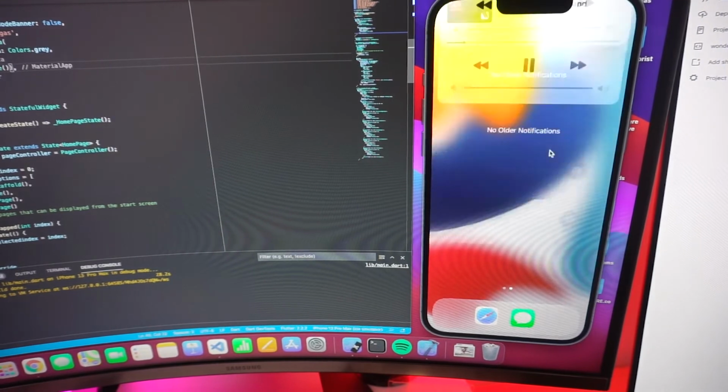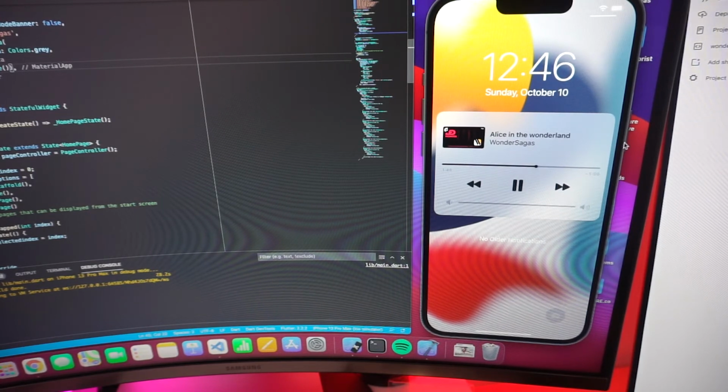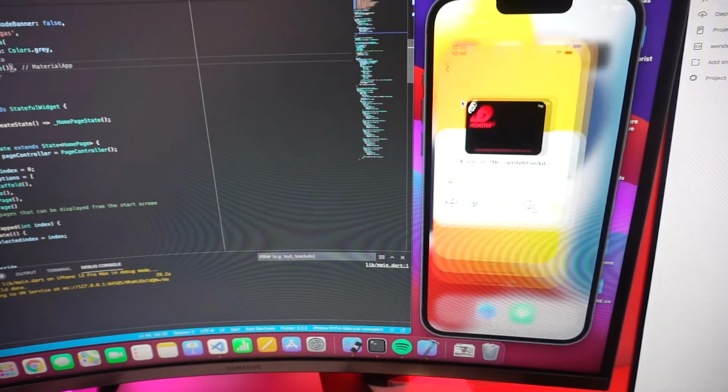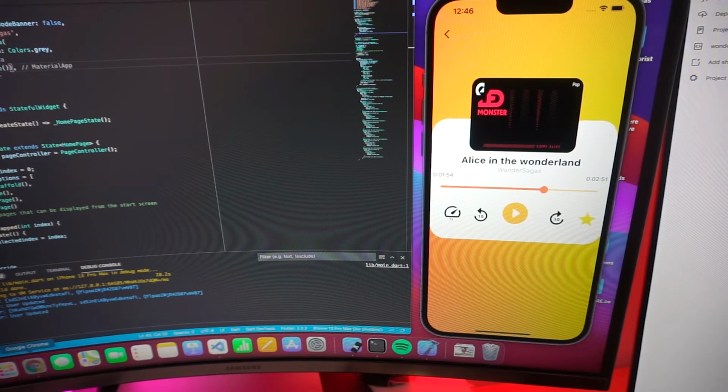And I can actually from here, I can pause, I can shuffle it forward, I can lock the phone, have it from there. Can unlock the phone, press the app again, press play, I can unfavorite it, I can favorite it, and now for example if I go to the database,